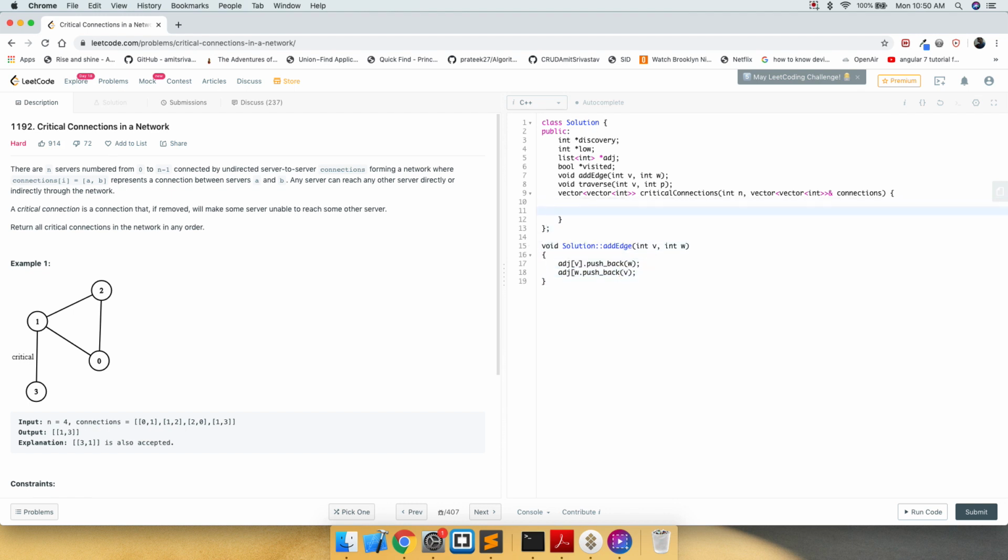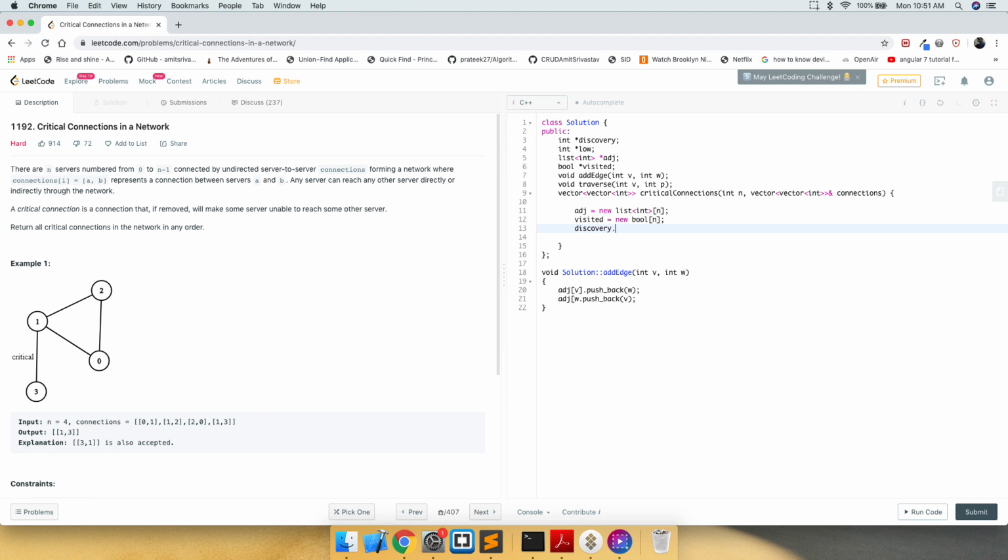One thing that we should do is initialize our arrays and the list. So new list, it's going to be the size given here, that is n, and visited equals new bool of size n.